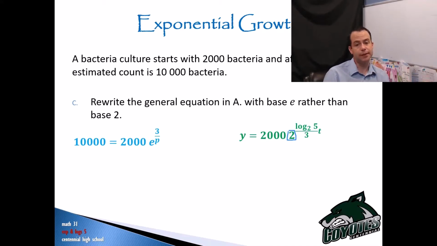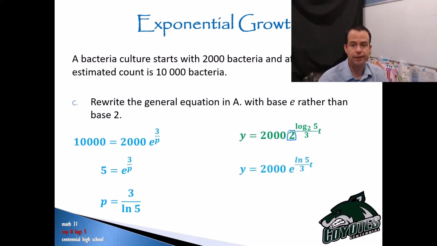So I'm going to divide both sides by 5. I'm going to switch this to log form, but now that it's base E, that's going to be ln, right? So that'll be ln 5 equals 3 over P. And so P equals 3 over ln 5. And so using base E, I can have an equation that says 2,000 times E to the ln 5 over